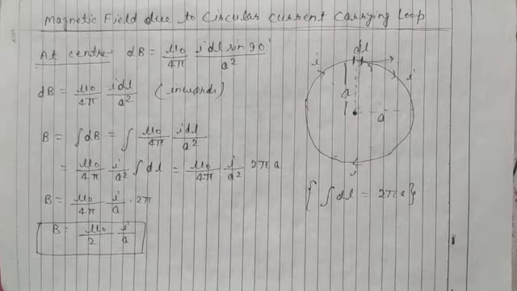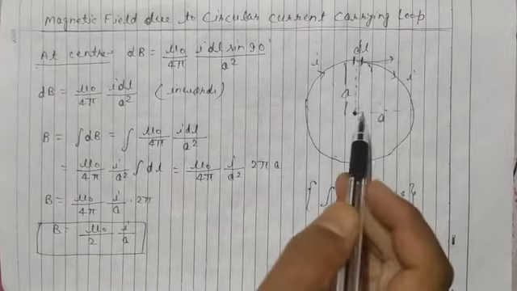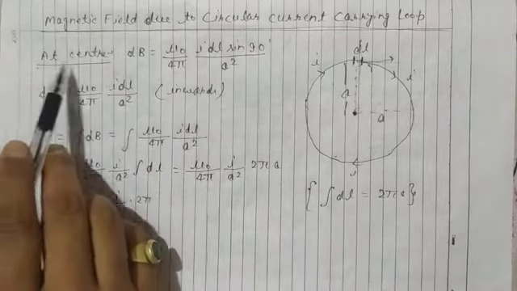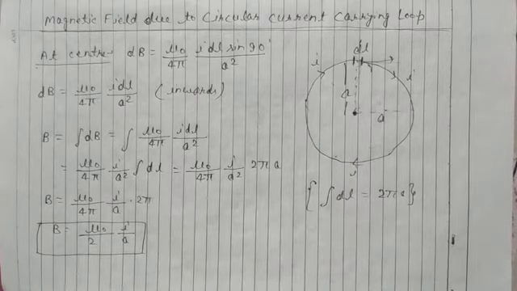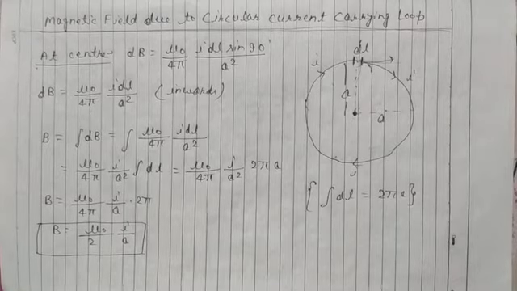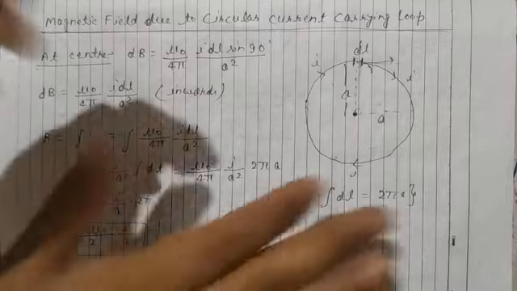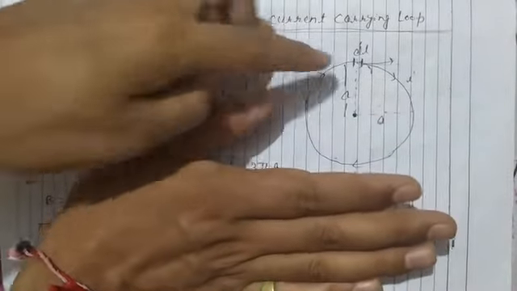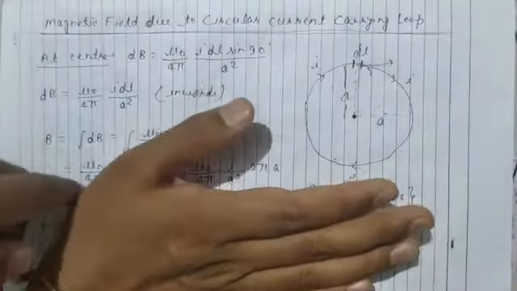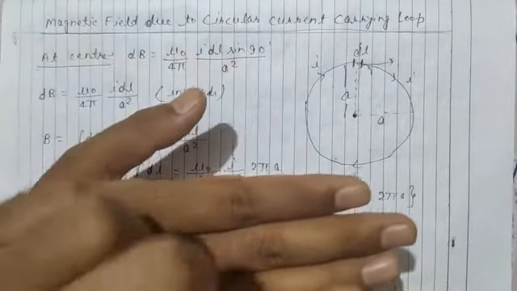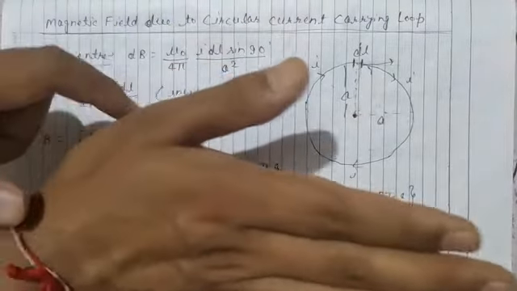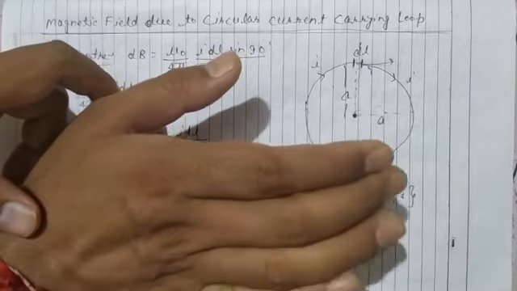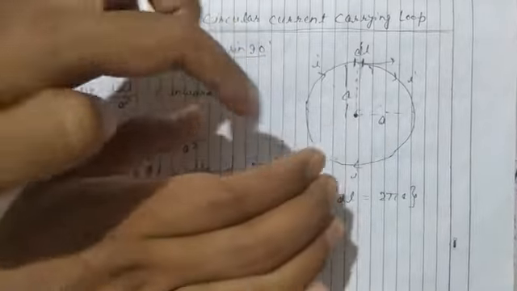And the direction of this magnetic field, we want to find the magnetic field at the center. So for the direction of the magnetic field at the center, we use the right hand palm rule. The thumb is in the direction of current. This is the thumb, and the direction of current in dl is here, rightward. The thumb is in the direction of current, and the fingers are at the point where we want to find the magnetic field. We bend our fingers, and the direction of the fingers is inward.